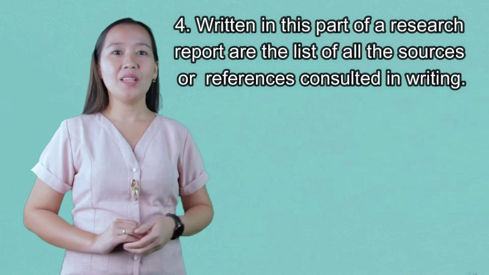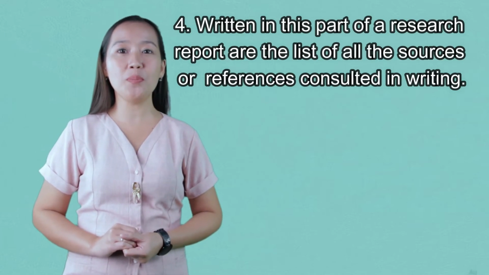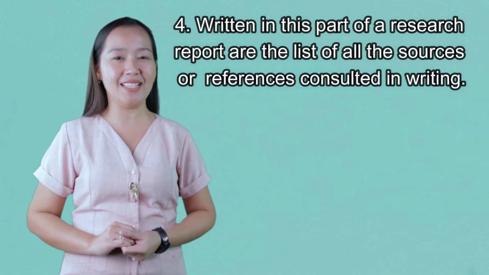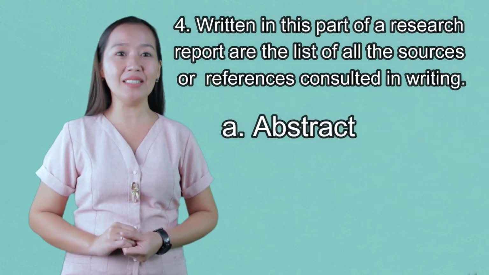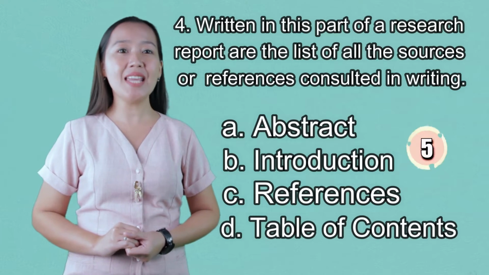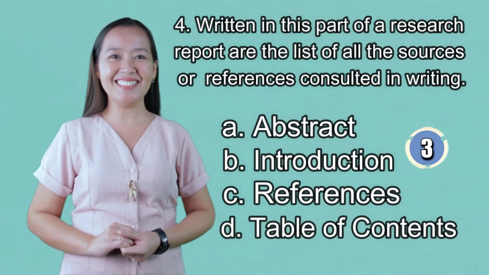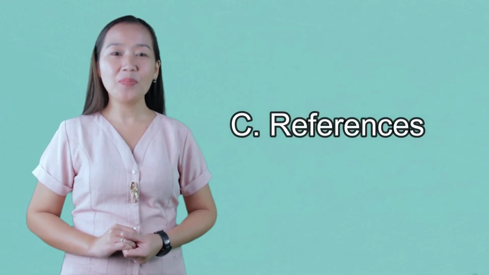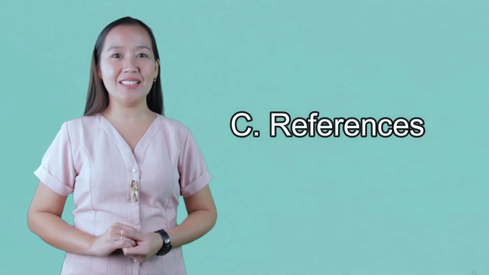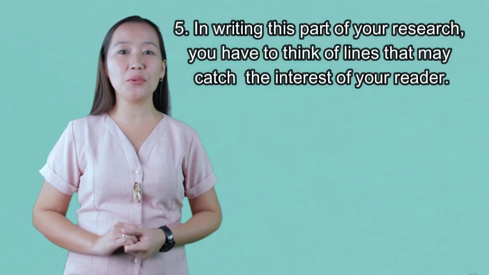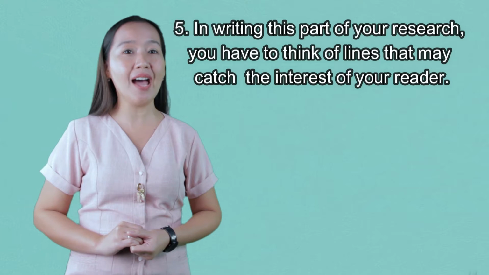Number 4. Written in this part of a research report are the list of all the sources or references consulted in writing. A. Abstract, B. Introduction, C. References, or D. Table of contents. The answer is letter C. References. And number 5. In writing this part of your research, you have to think of lines that may catch